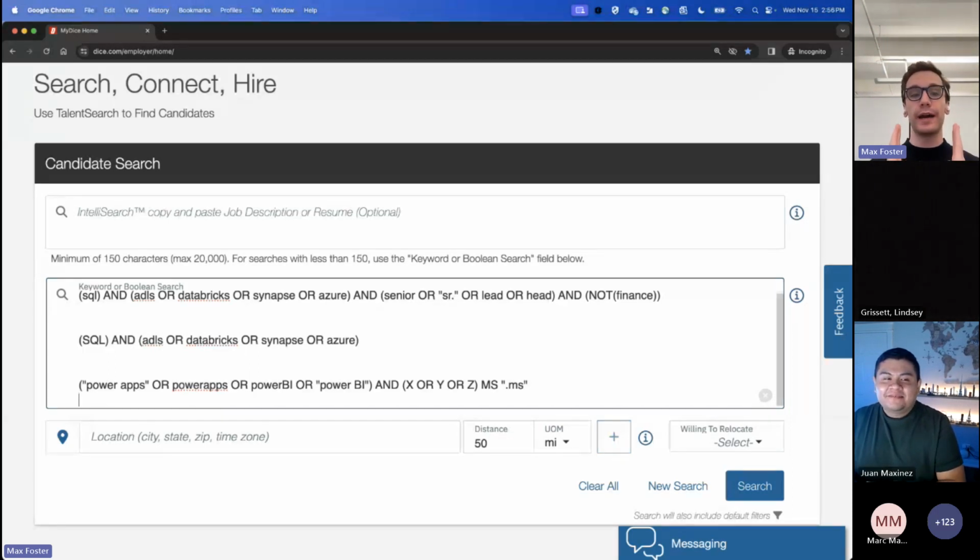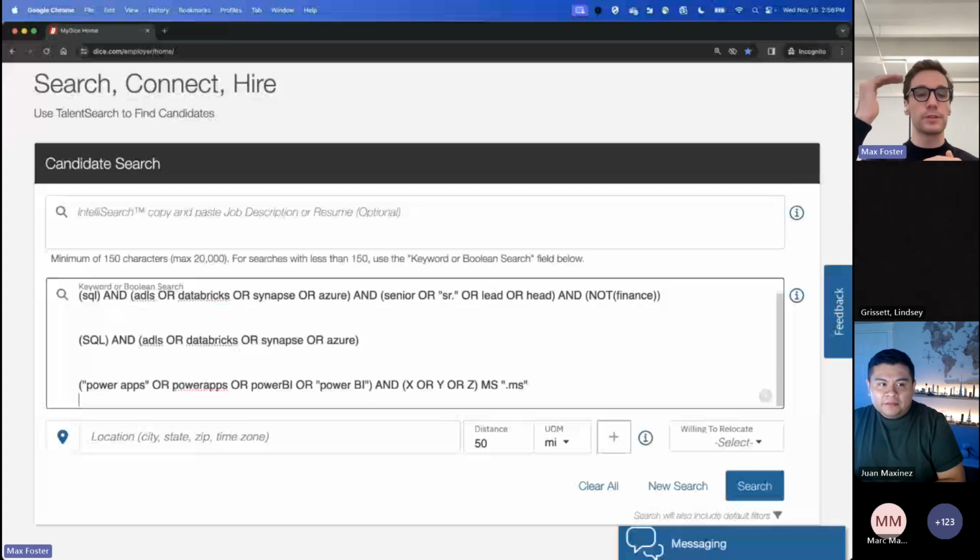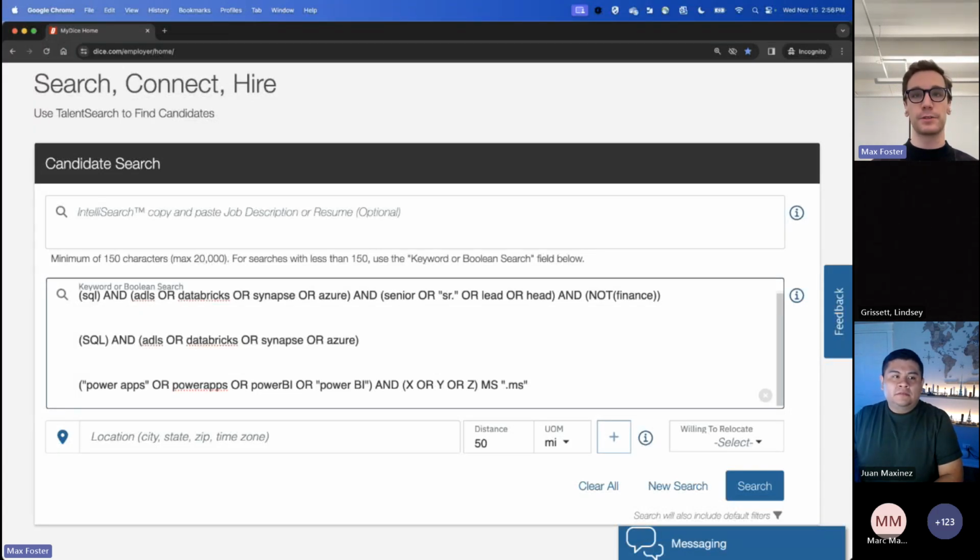When you do a Boolean, that's what's so great. Everybody, when you look at a Dice candidate profile, the top portion is called the profile, and then there's the resume down below, and it pulls from both. So when you're typing in the Boolean SQL, it will look up and down and left and right. Anywhere you have those three letters in order, it will look for it. So that's what's so great about the Boolean: it searches both.